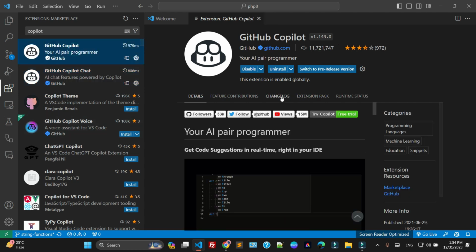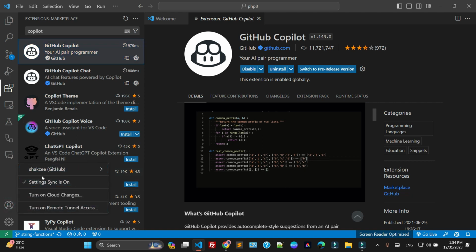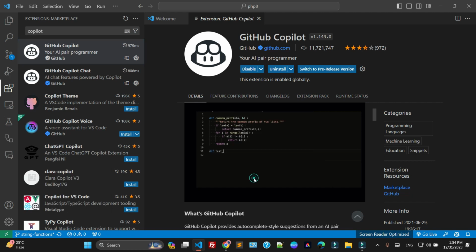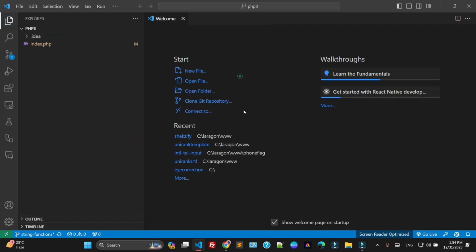I have already activated these extensions. If you are not logged in with your GitHub account, a pop-up appears here and tells you that you have to log in with your GitHub account to properly use Copilot. Once you have everything fine, then an icon